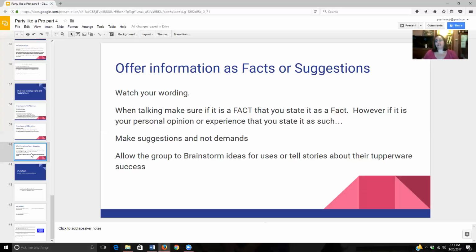The stack cooker is not a brand new product. It's been around for a very long time. So you're going to find that your customers that are in their 50s are going to have a ton of different stories about their stack cooker and how they use it. Whereas people who are in their 20s aren't going to have so many ideas because to them it's still brand new. All right, so use the people who have had those products for a long time to help you come up with new ideas and to tell about the stories of things that they had in the past.